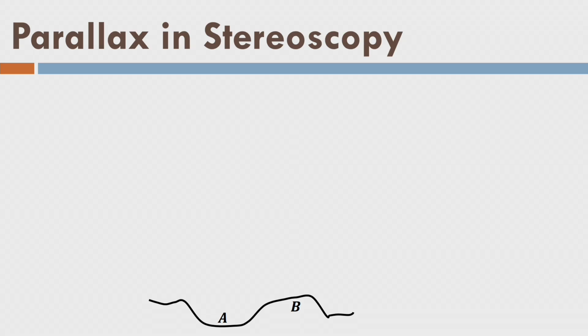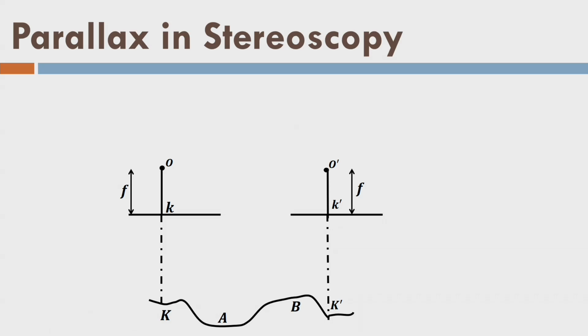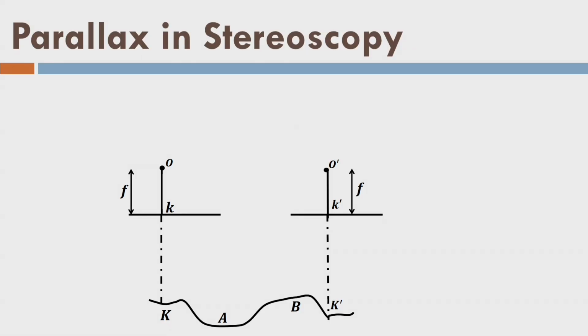So, let us see there are 2 points A and B on terrain, and then we have this point as my exposure station, then another exposure station O dash, first image, second image. So, that is my principal point K, and similarly I have focal length here, and there is another principal point K dash for next image, and then we have focal length, because camera is same in 2 consecutive photographs or in the whole mission. So, I am writing the same focal length f.